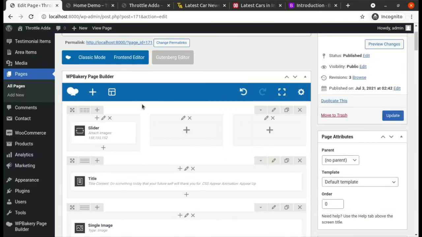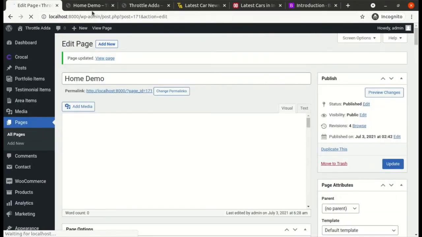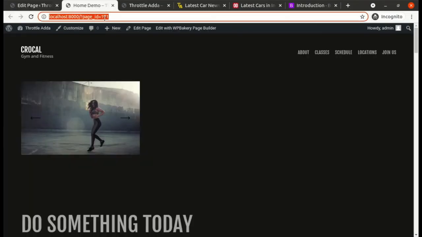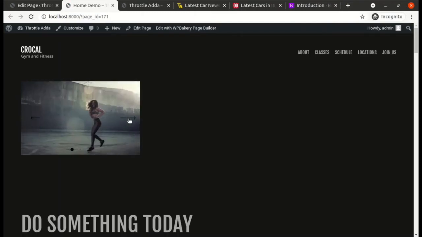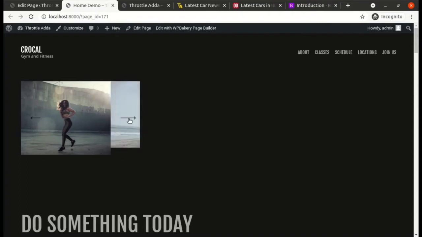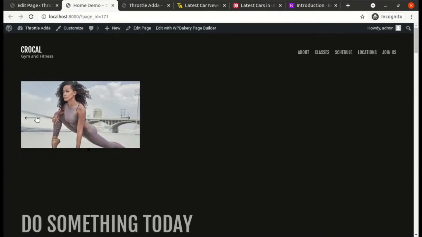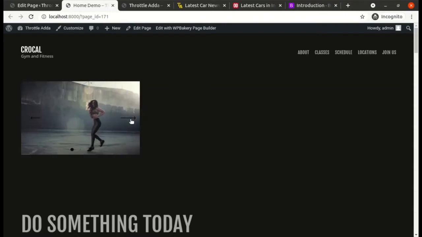The one step that we forgot to do is resize our column, which I will show it to you in the next step. First, let's see how the slider behaves after adding more images. Now there are 2 things that have happened over here. One, both arrows started working, the right arrow and the left arrow.